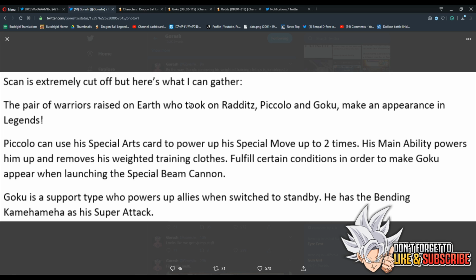Fulfills certain conditions in order to make Goku appear when launching the special beam cannon. Wait, what? Huh? So, okay, if you don't fulfill the quote-unquote conditions, you'll just do a regular special beam cannon, nobody pinning him down or whatever. But if you do it right with whatever condition they want, I'm assuming the condition is using the blue card, or green card, excuse me, multiple times, and then